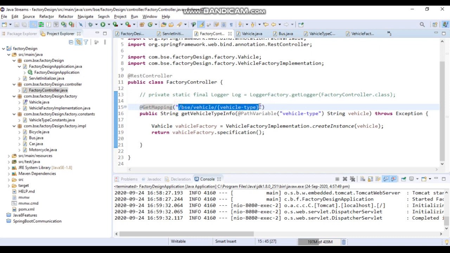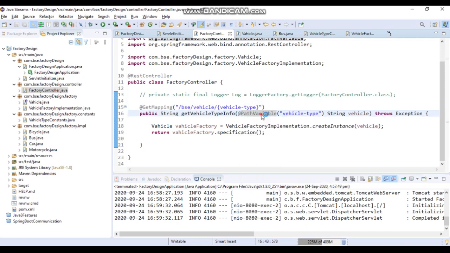URL. This is BSE, that is Being Software Engineer, vehicle, and then vehicle type. This vehicle type is a variable, and we are going to use PathVariable to get this vehicle type.